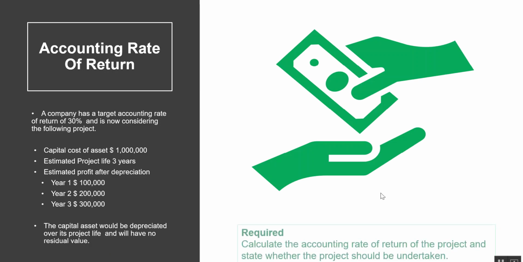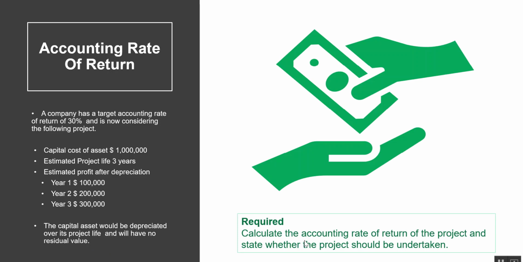So what is required? Calculate the accounting rate of return of the project and state whether the project should be undertaken. Now there is a criteria. The calculated ARR should be above 30%. If it is above 30%, the project can be accepted or should be undertaken. Now in order to calculate,